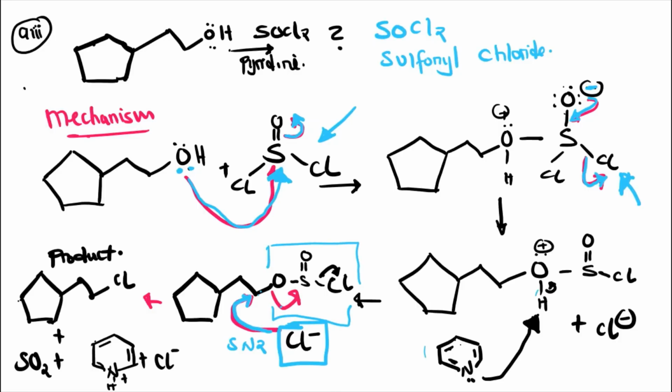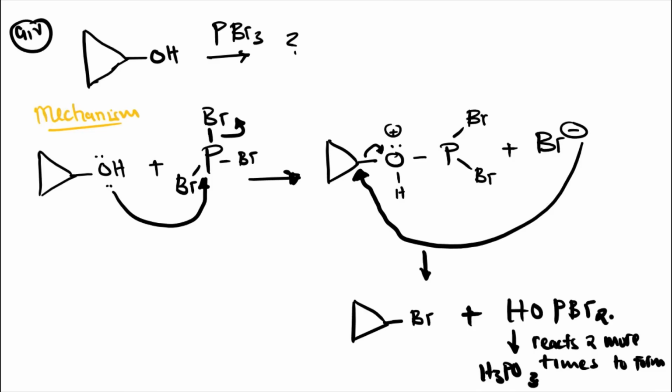So this entire group is replaced by the chloride, like this. So this is the reaction that takes place when you react an alcohol with sulfonyl chloride. Just know that the OH is replaced with a chloride, one chloride from the sulfonyl chloride. That's how it happens. Number 4, what happens when you react an alcohol with phosphorus